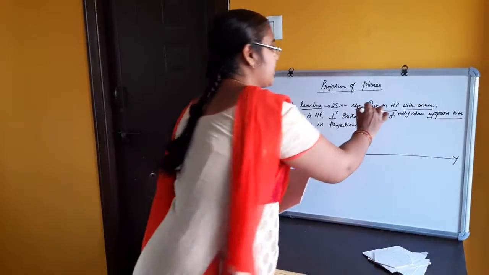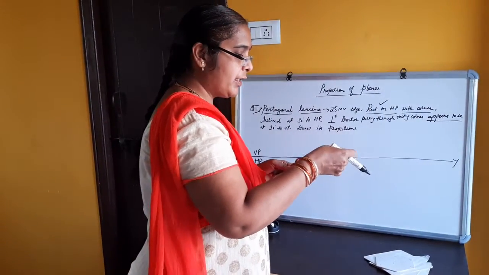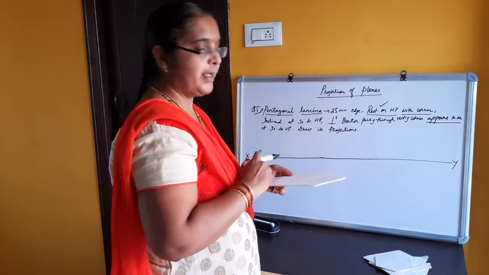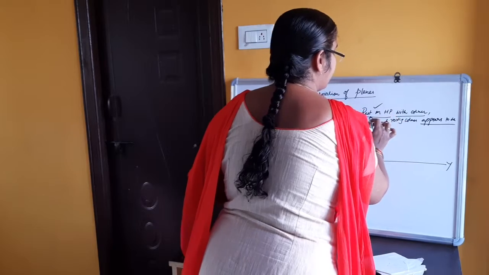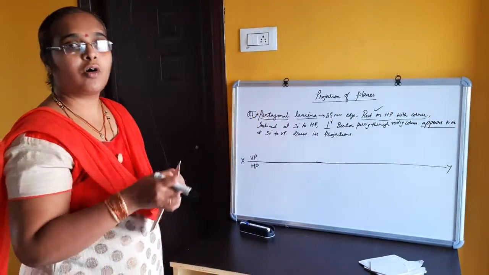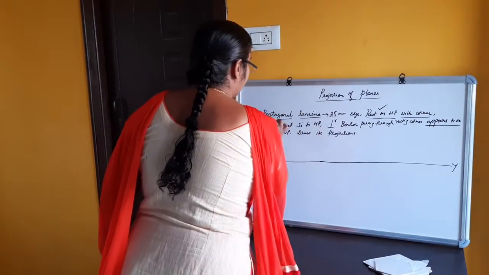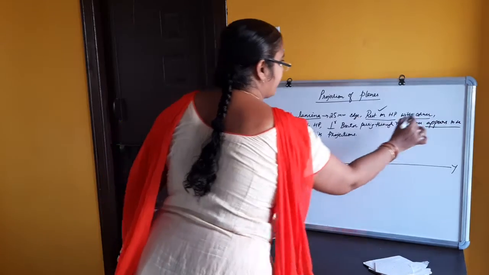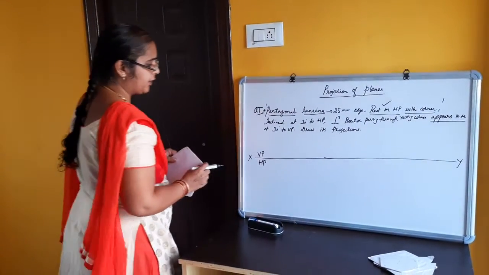So in this case it is resting on HP, and also we need whether to consider the corner position or the edge position. Since in this problem he has mentioned clearly that it is resting on HP with corner, I have to consider this as a corner position problem. Okay, so here we have got the sufficient information for the first stage, pentagonal lamina. Let us construct the pentagonal lamina.